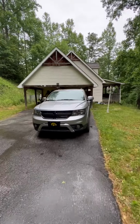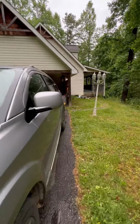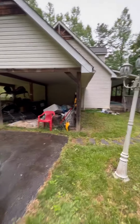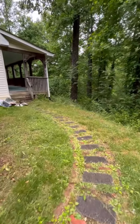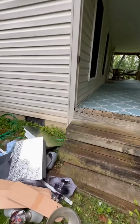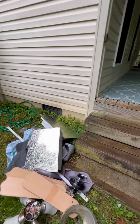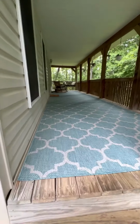Property, which was our first house that I bought in North Carolina. I actually bought this property sight unseen from California. And right before we moved in, I put a ton of time and money into renovating it. Excuse this mess. I've been here the last couple days doing some renovations, so I'm just dumping this stuff here, and then I'm going to bring the truck and haul it away. But I put a lot of love and sweat